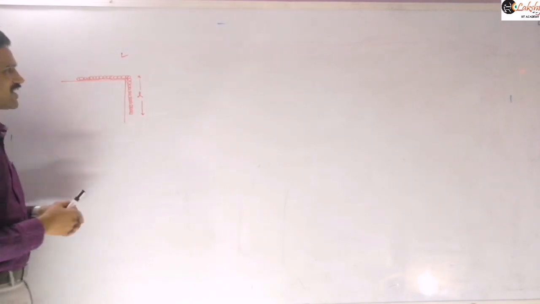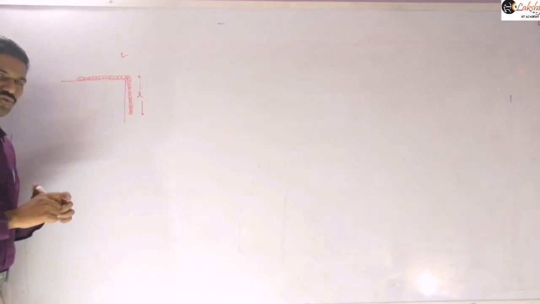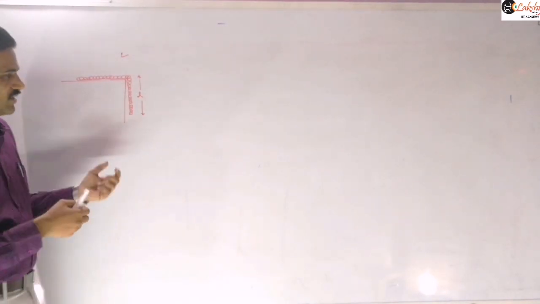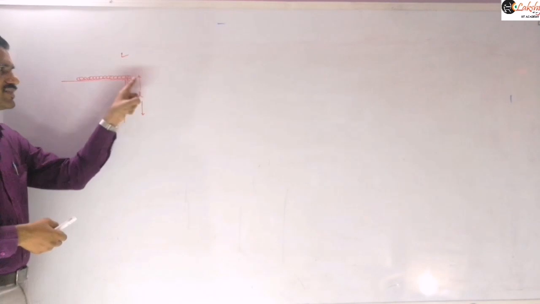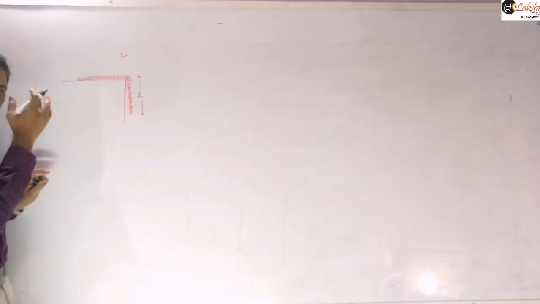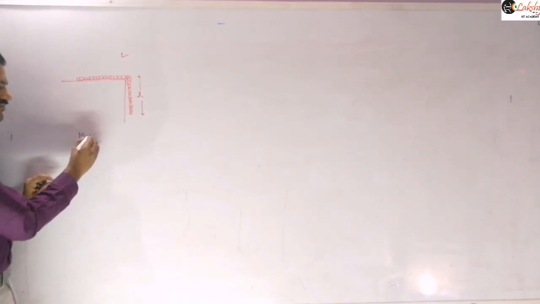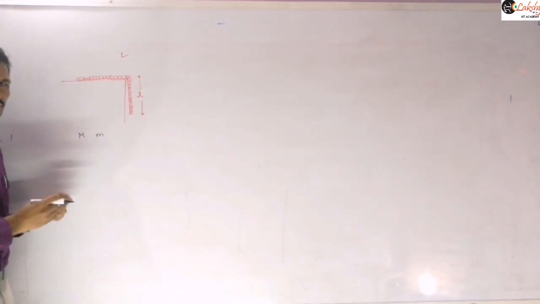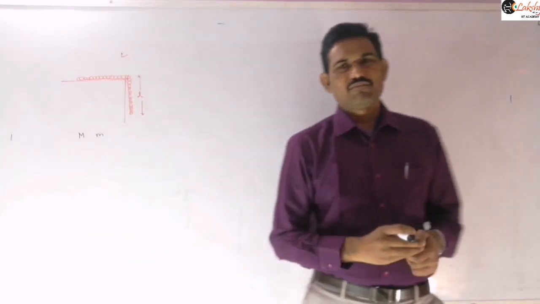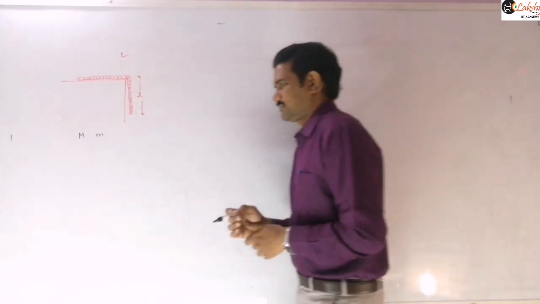So now the forces acting on this: which is the accelerating force for this system, which force will try to accelerate the system? That force is nothing but the weight of this hanging part. The mass of this part is not given and it is not required for us. Just assume that capital M is the mass of the total chain and small m is the mass of the hanging part.